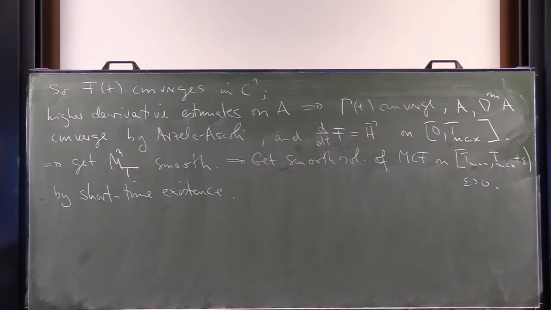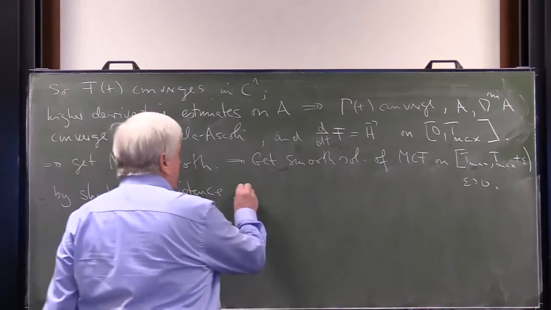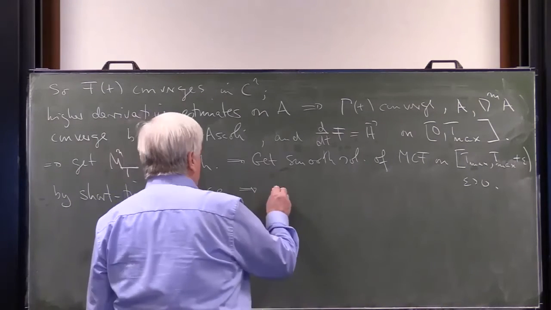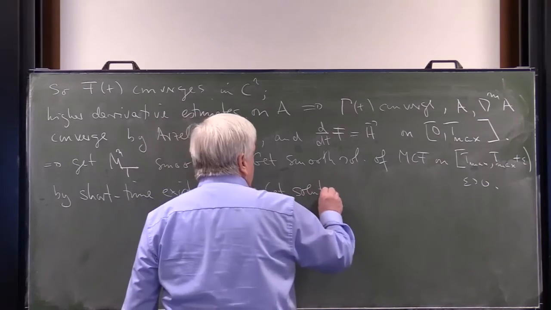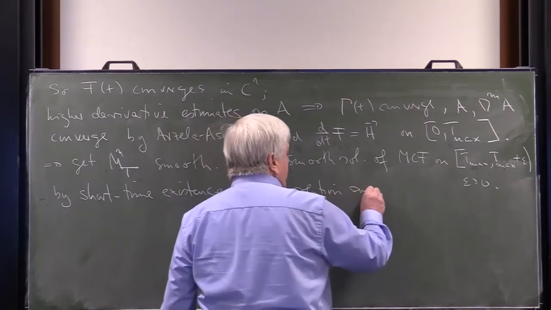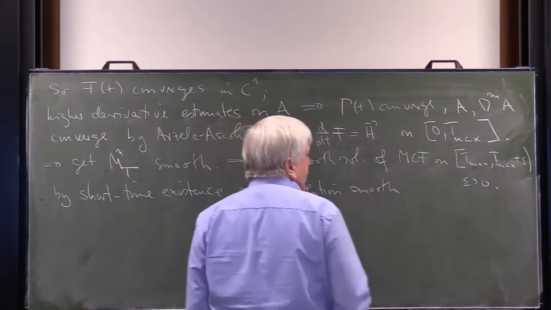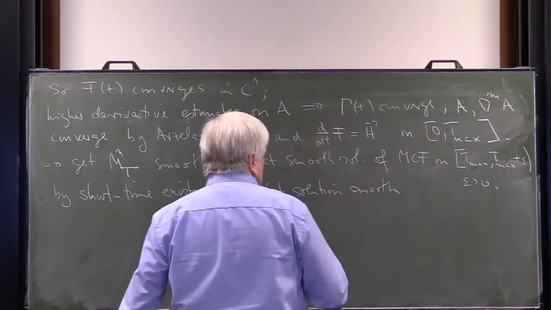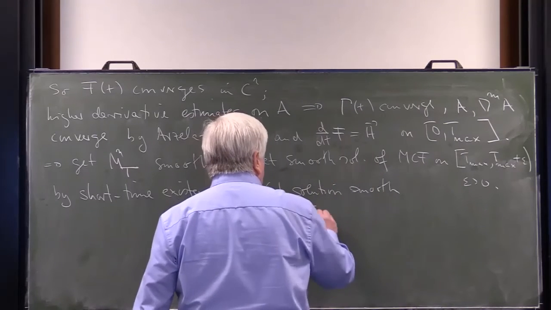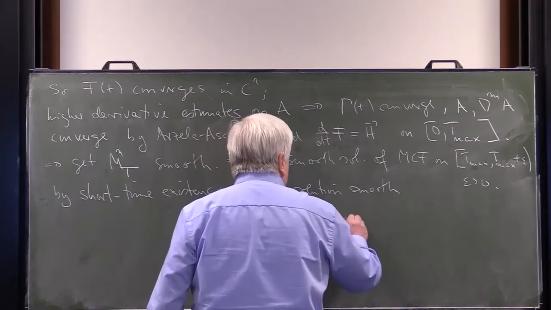So our equation now solves. So to get a solution which is smooth, C2 would be enough, and then it's smooth, as we know, smooth all the way from 0 to T max